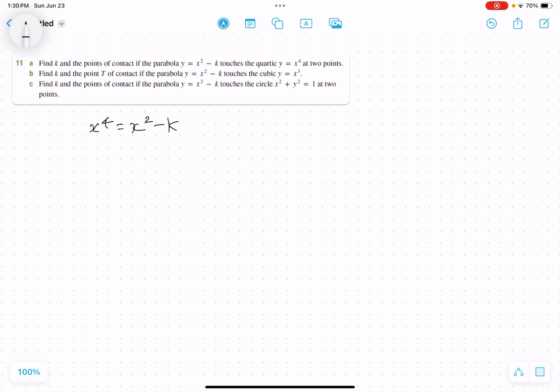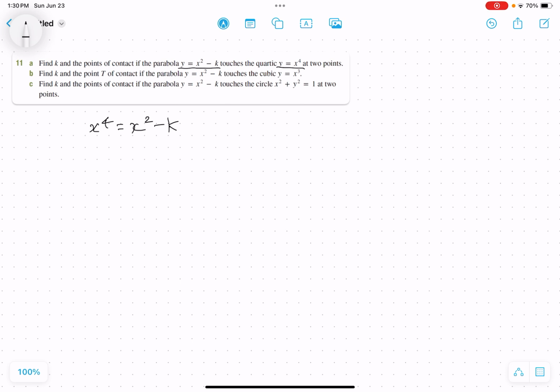All right, so let's look at 11a. Find k and the points of contact if the parabola touches a quartic at 2 points. It only touches it at 2 points. And when we put these two together, so they touch or intersect, we get